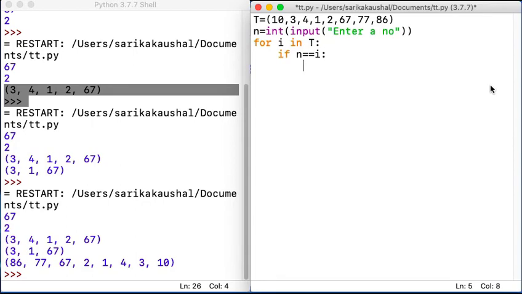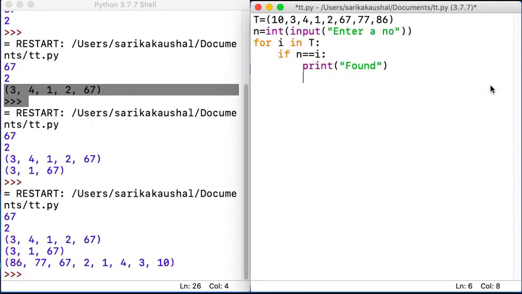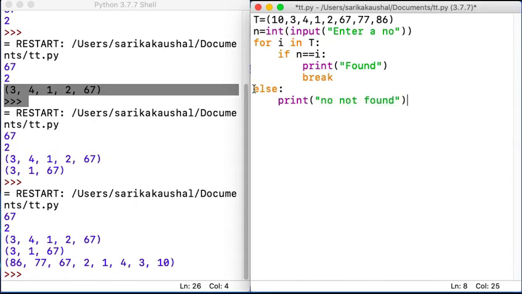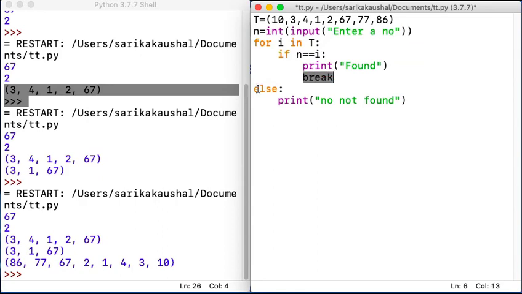So you'll simply say print found and break the loop. There is no need to continue further. If you don't find it, then you just continue. And suppose you're not able to find the number, just use else over there and simply say print number not found. I hope you remember the else concept with for: if for completes all its iterations and not even once does the break get executed, automatically else will be executed. But in case the break is executed even once, this part will not be executed.